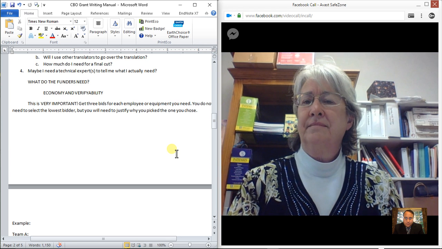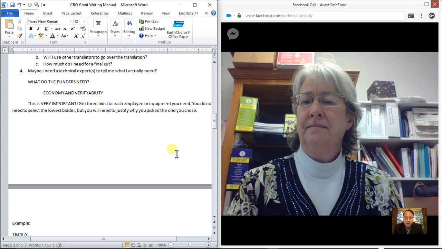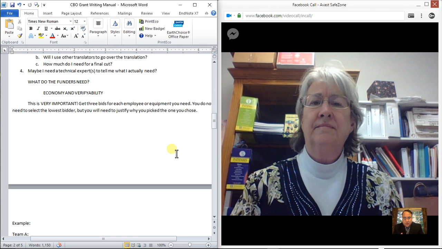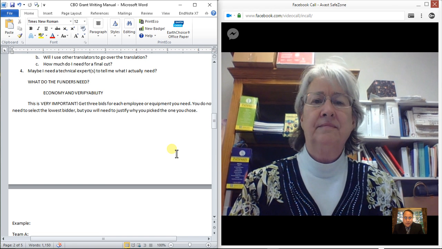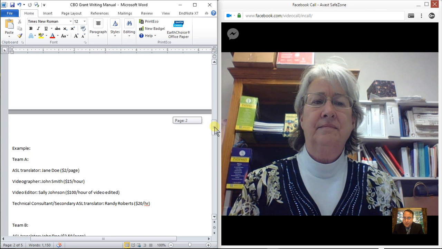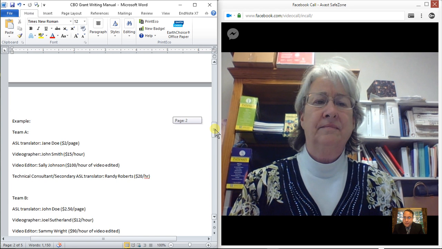And so make sure you get your 3 bids, but also check through each aspect of the service provider, what they're going to do, how they're going to do it. And you might want to also check their references, what kind of work they've done in the past. And make sure and document your bids, but make sure you have those 3 bids.